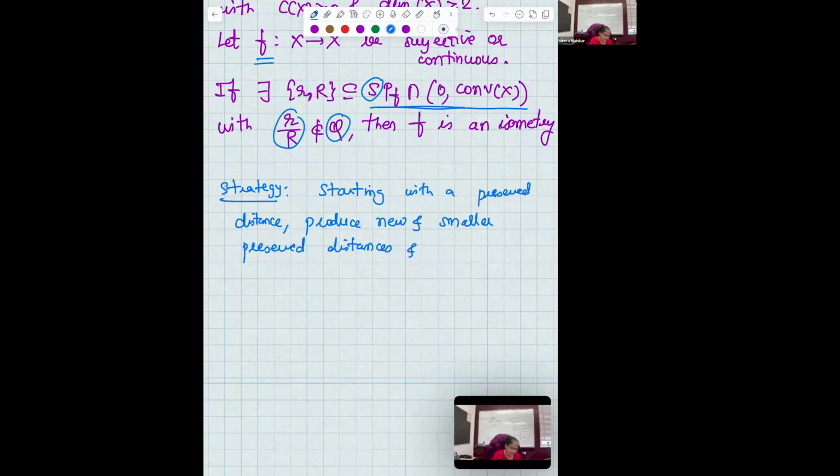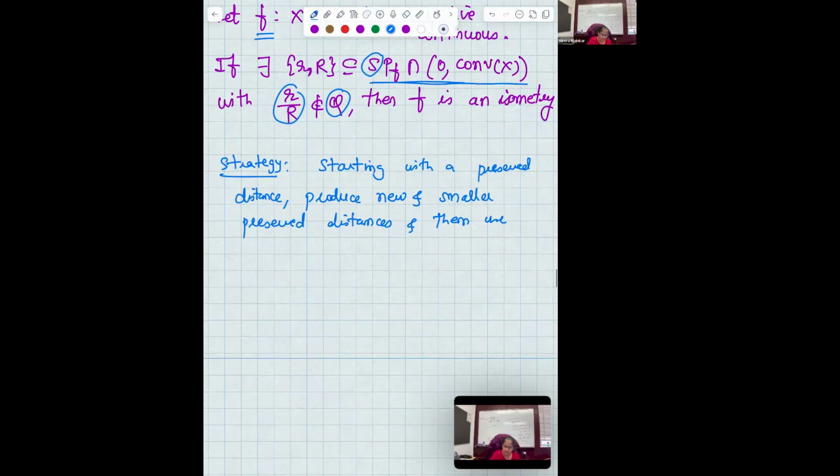And then use something known as the immersion theorem, which says the following. Suppose X is a complete Riemannian manifold